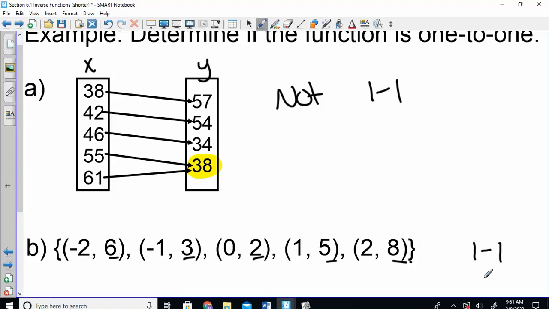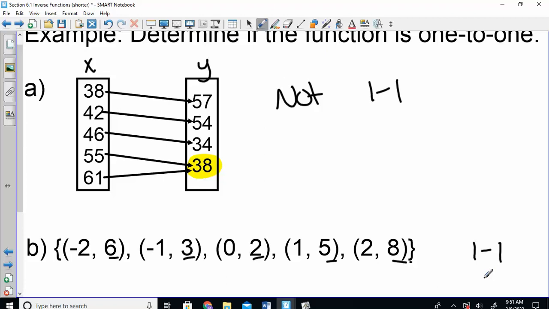All right, there are different ways of deciding if functions are one-to-one. If I give them to you like this, it's easy. We can just look at the points. If I give you a graph, it's pretty easy. We'll talk about that in a second. But if I give you an equation, we have to understand how to get there. So there's two ways. There's a graphical way and an algebraic way. The algebraic way